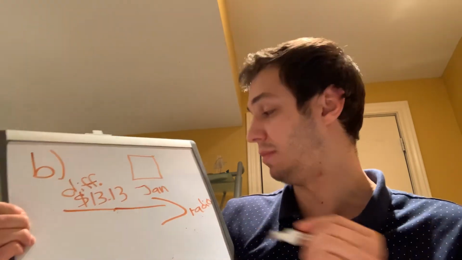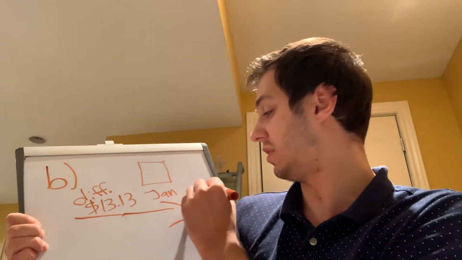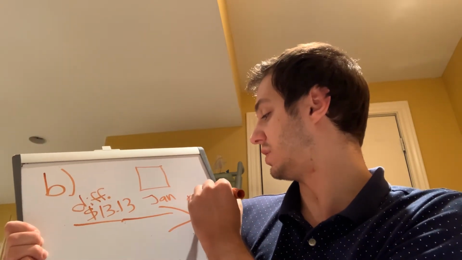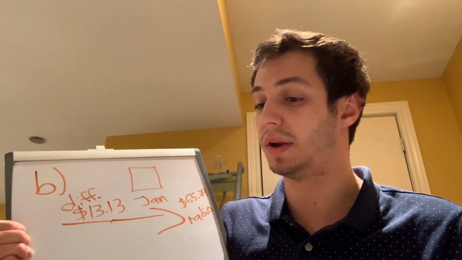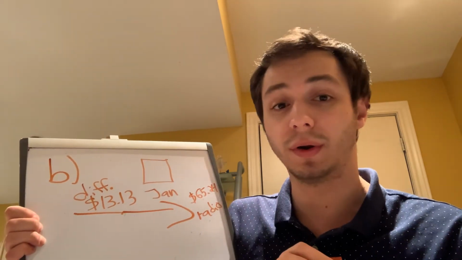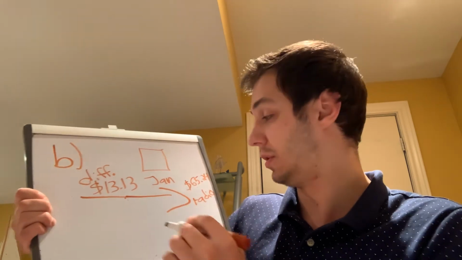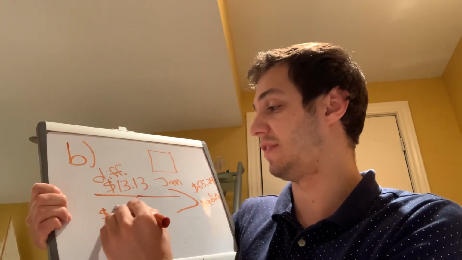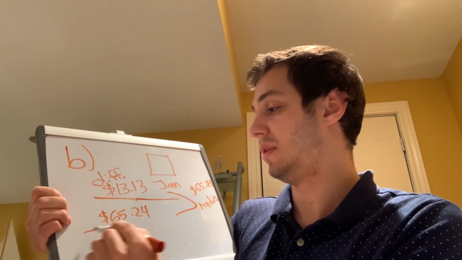Right? If we look at the image that I've attached, it tells us that the radio cost $65.24. So what we have to figure out is how much money does Jan have? This is going to be our small number. So what we have to do is subtract these other two numbers. Right? So we're going to subtract $65.24 and